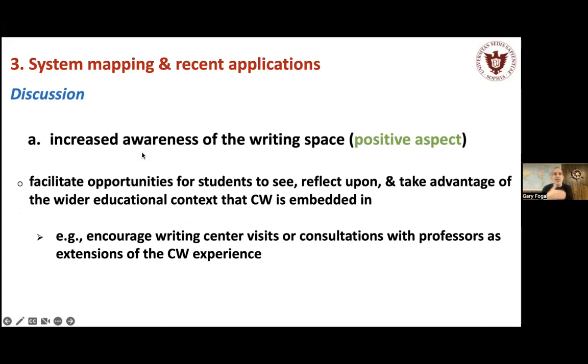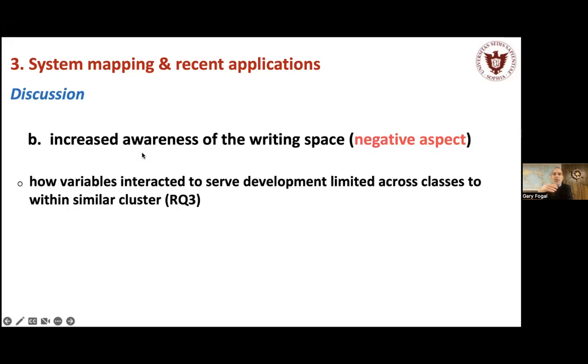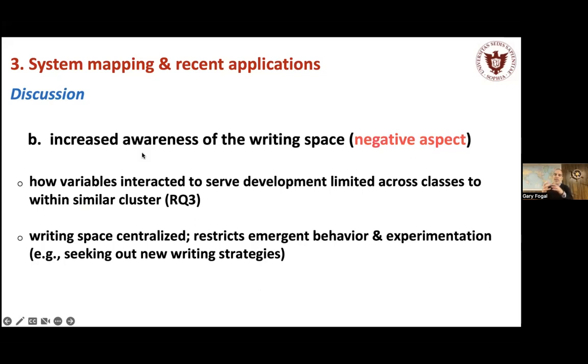Noting these positive aspects, as I said, there were some negative ones as well. And here we'll see how system mapping, I think, can help locate weaknesses in how educational spaces function and thus highlight areas in need of improvement. So first, the perception of how these variables interact to serve development was limited across classes to within similar cluster types. And this can be concerning as the writing space is centralized and it becomes restricted to defined sets of